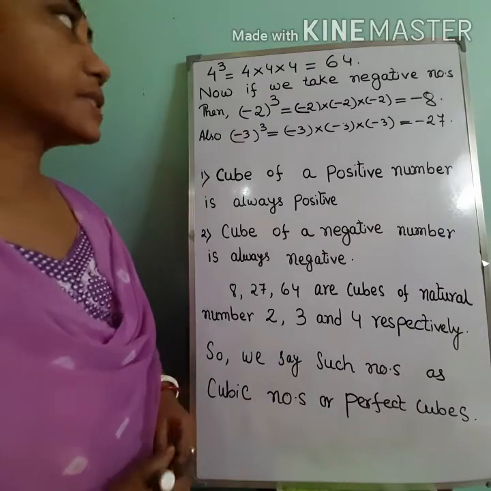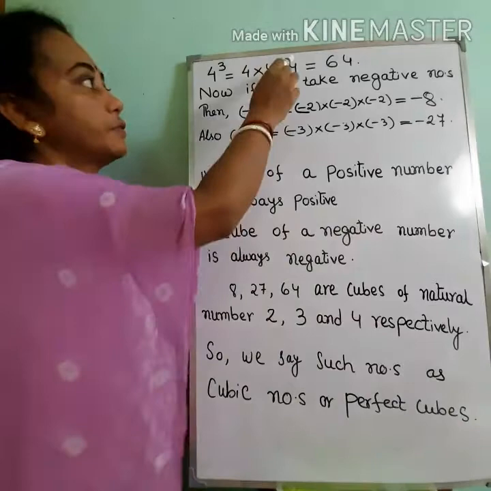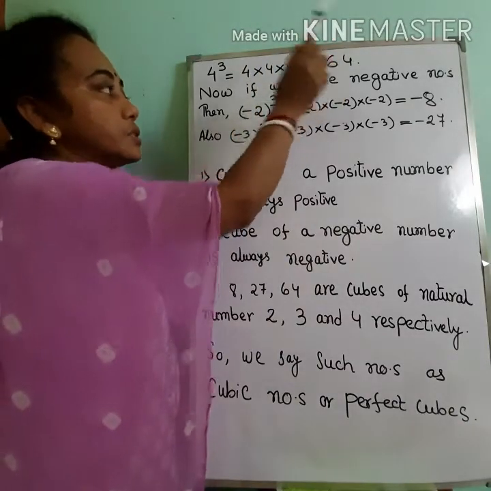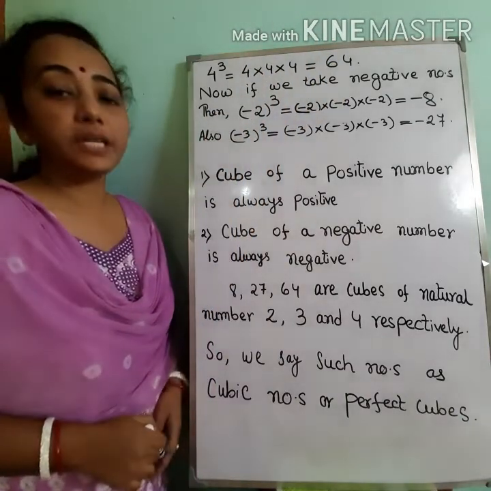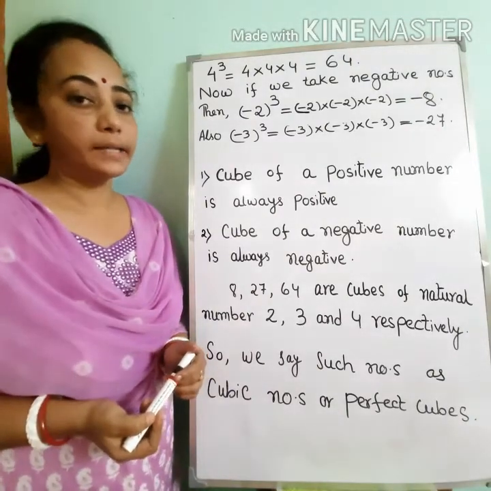Let's see another example, 4 cube. 4 cube means 4 multiplied by 4 multiplied by 4. That equals 64. Now, if we take negative numbers, that means if we find the cube of negative numbers,